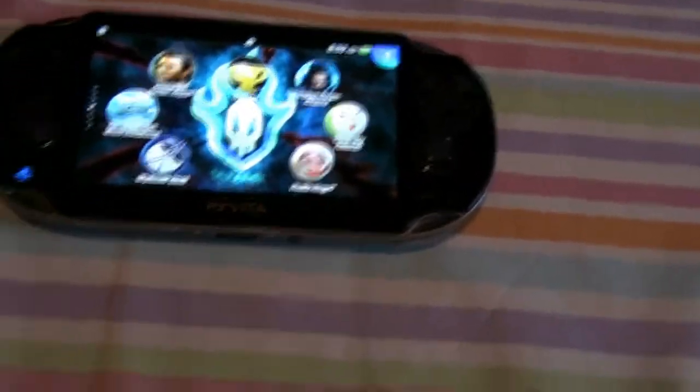There are some games, like if you download them for the PS3, you can actually download them for the Vita as well. I know one of them is Hustle Kings, which I got from the PS3 when it came out. And you are able to play that on the Vita as well, so if you already bought that, you can already download it. So that's pretty awesome. And I don't know why those are in different cases, but